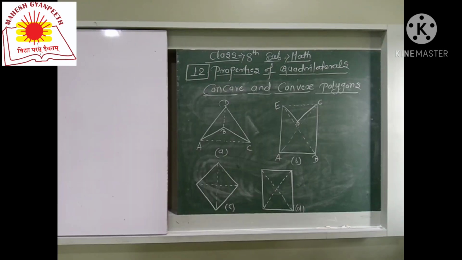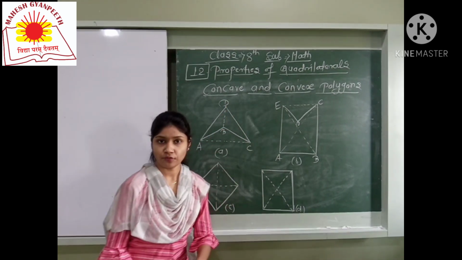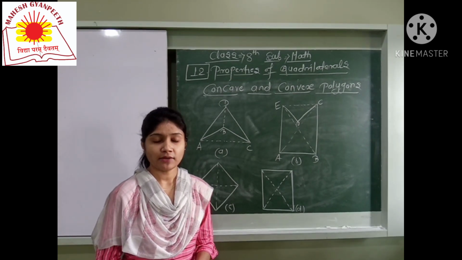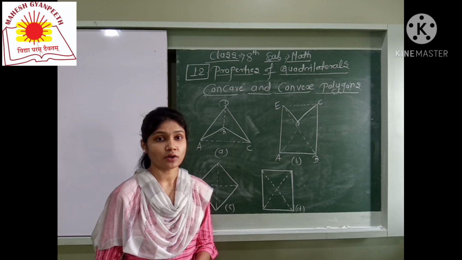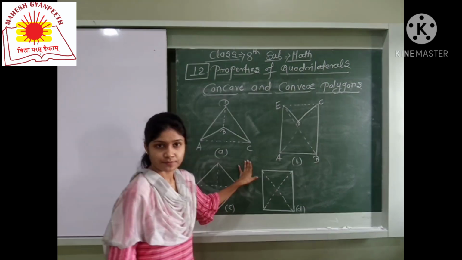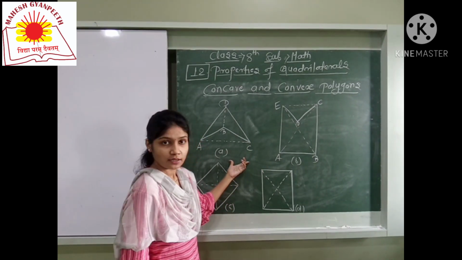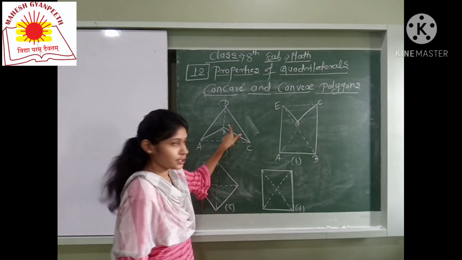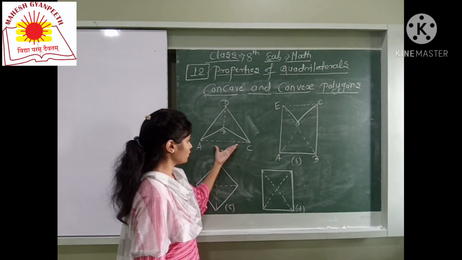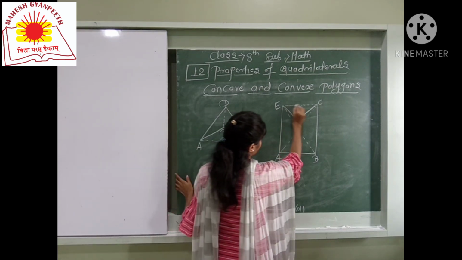Okay, student? See here, student. Our next topic is concave and convex polygon. Concave and convex is a new concept for you. Which figure is called a concave polygon and which figure is called a convex polygon? See here, student. I will draw here some figures. See here, in this figure, some diagonals are outside of the figure. Which diagonals, कहाँ पे हैं? Outside. These are AC and EC.